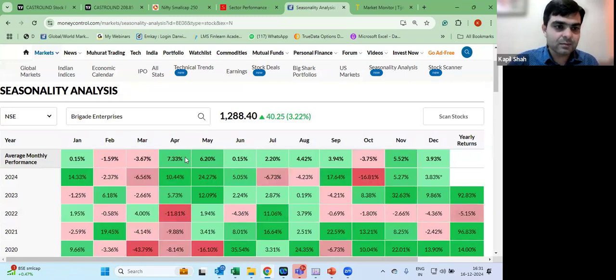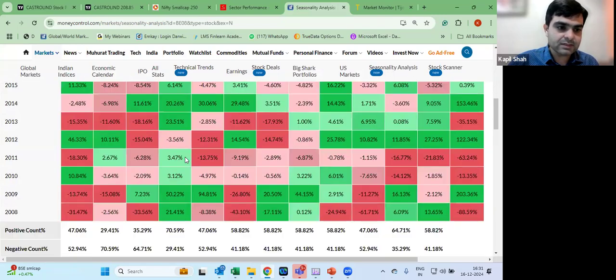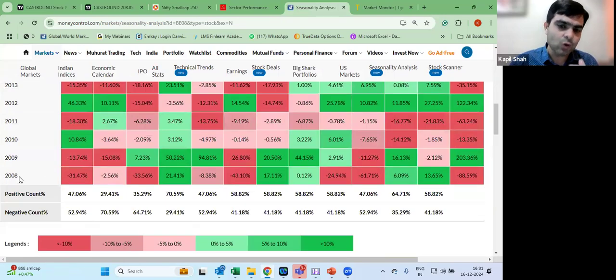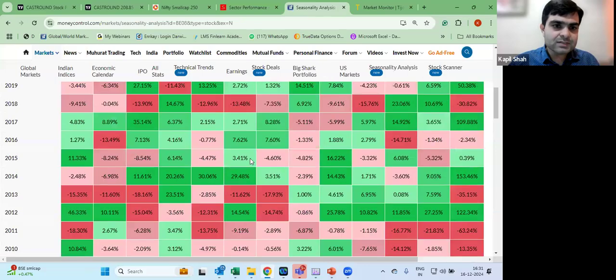I get the data of Brigade Enterprises. I think this data is good enough, 2008 till date. Normally, I prefer data of more than 10 years. That gives me a good understanding. So yes,